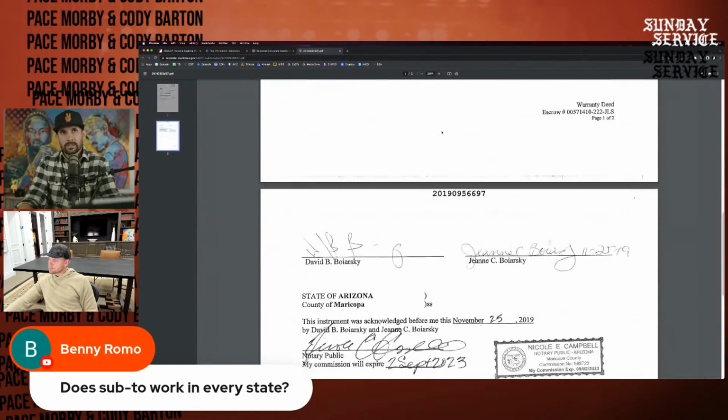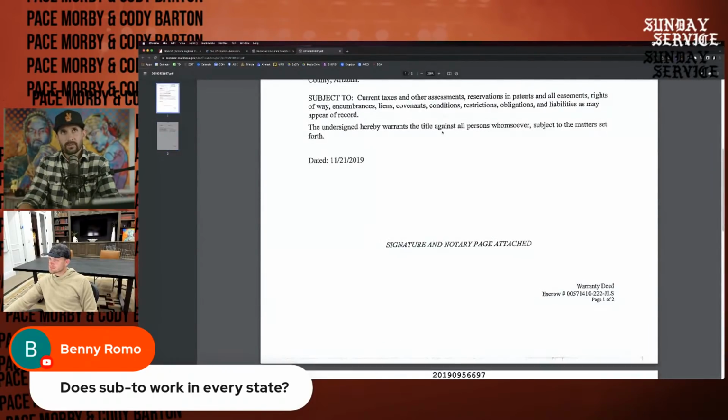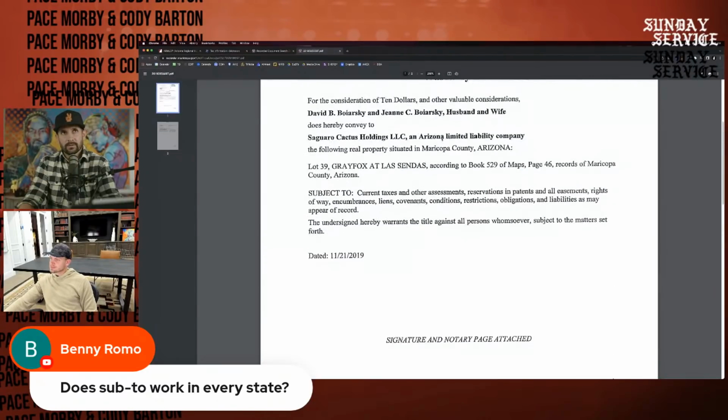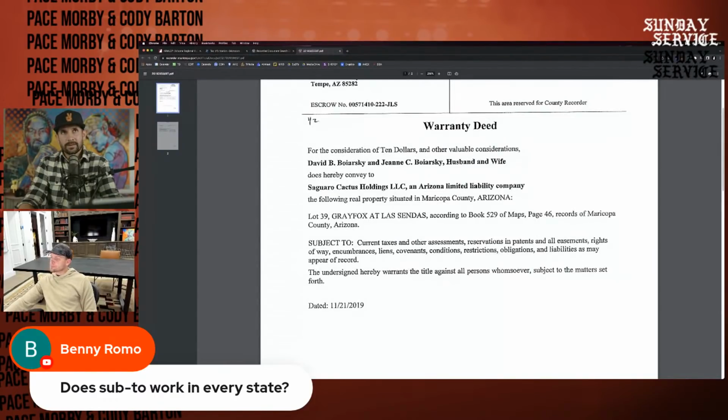And by the way, do you guys see it says subject-to on the document right there as well, which is funny. It's a common phrase in real estate. It says it right there, subject-to, boom. Current taxes, other assessments, blah, blah, blah. Liens, encumbrances. Isn't that amazing? This is a